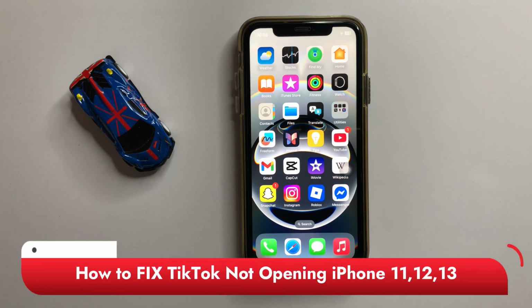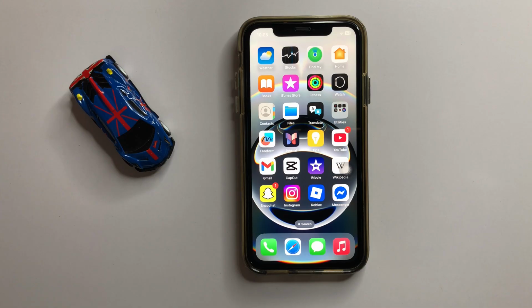How to fix TikTok not opening in iPhone 11, 12 or 13. So let's start the video. First of all,